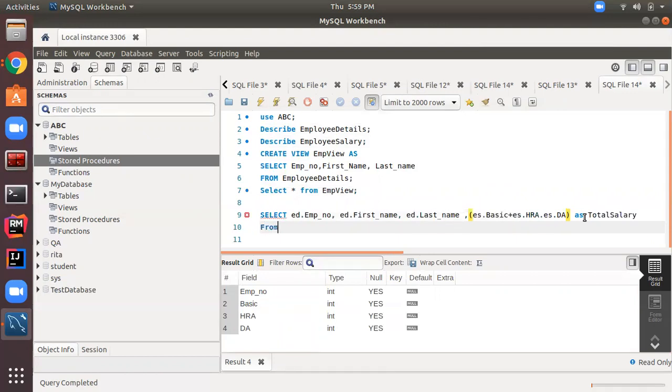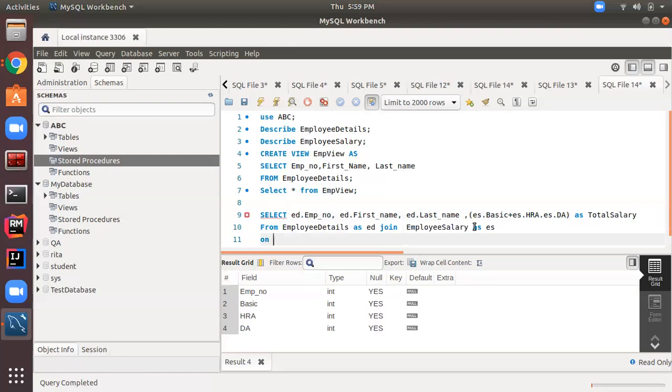From employee details as ed. Join on which table? Employee salary. Sorry, here on won't come: join employee salary as es on.